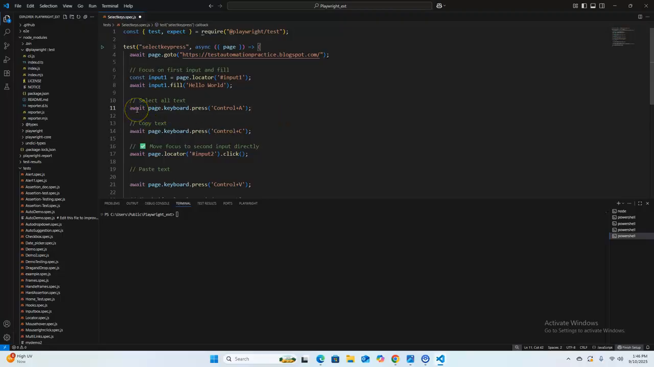it should always use the await keyword. After we select the data, we will copy it, because without copying we are not able to paste it in the second text box. So here we will use the page.keyboard.press method, and Control plus C is the keyboard shortcut to copy the data, and use the await keyword. Once we select the data and copy the data,